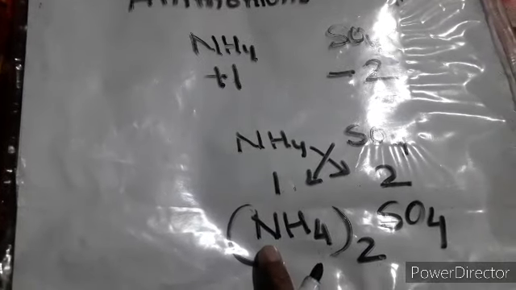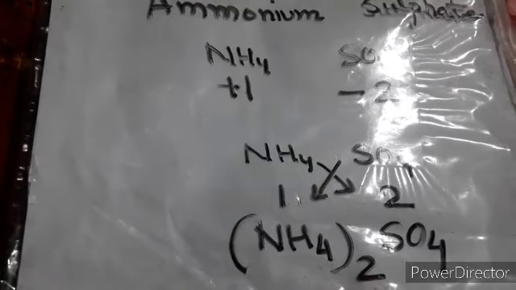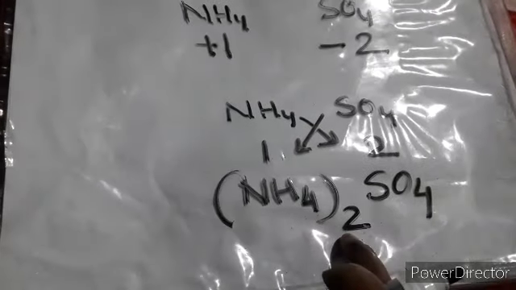Why I am telling you this is because again this is a positive radical, and it's a group of atoms of elements. So we have nitrogen as an atom and 4 hydrogen atoms, and both are different from each other. So you have to put a bracket over here in this manner. Don't put a square bracket, right? You have to put parenthesis. I don't know whether you remember this word, but that's why I'm saying it again and again. It's a bracket, but it's a parenthesis. So we have to put it in that, and please put 2 outside. This will show that these particular atoms have been multiplied with this 2.